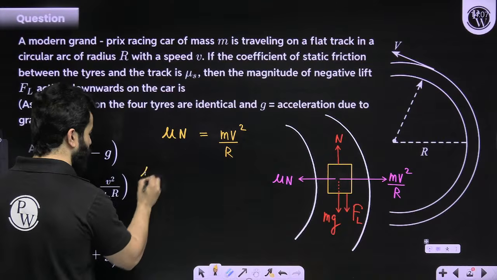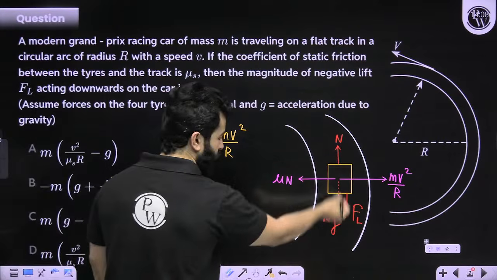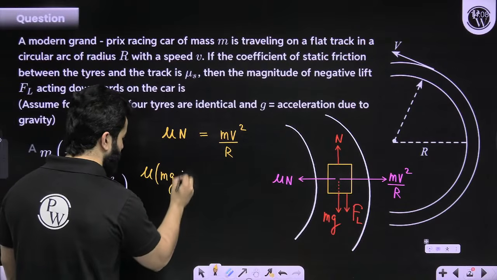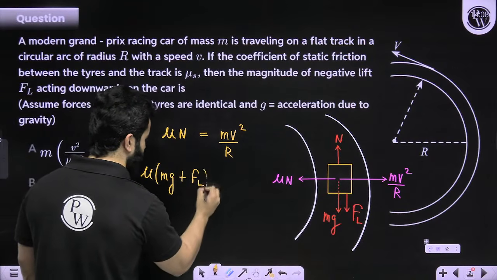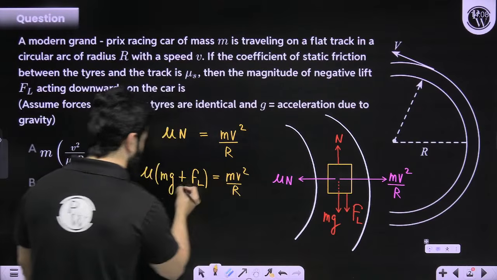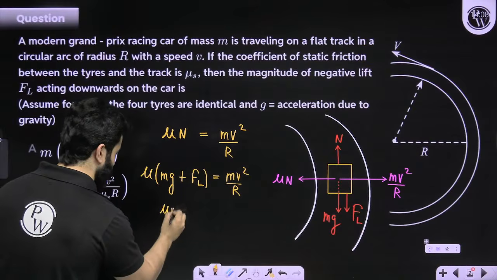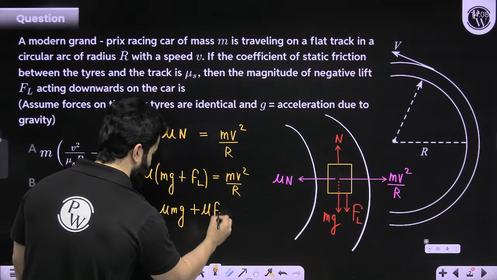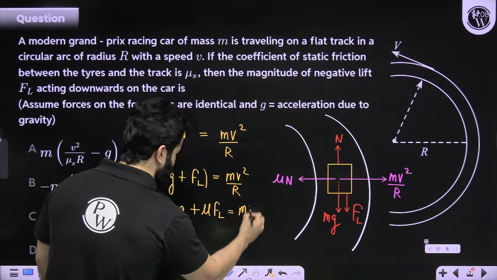And instead of normal reaction, hopefully you can see that normal reaction will be mg plus FL equals mv square by r. If I rewrite it again, I am going to write mu mg plus mu FL equals mv square by r,